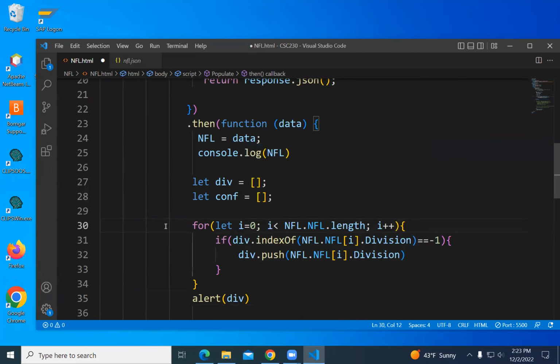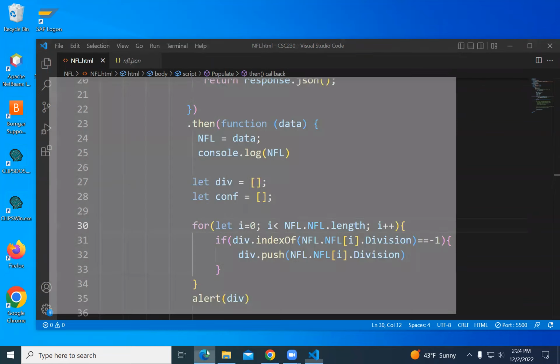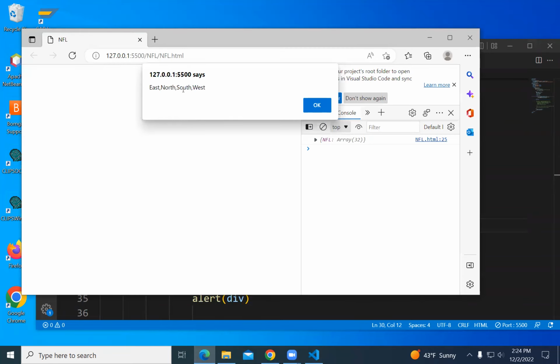And then I'm going to just alert them to see if I get my divisions. East, north, south, west. I never remember which one's division, and apparently that's the division.